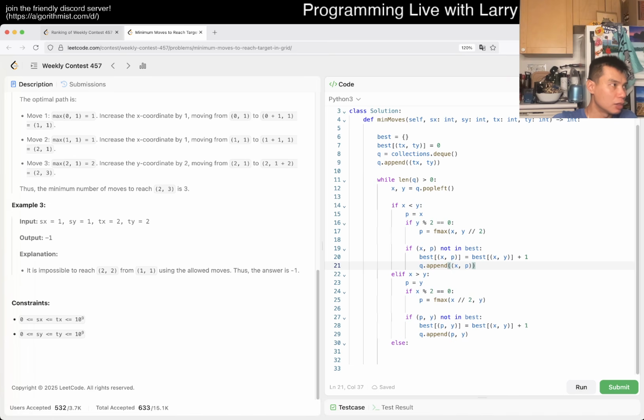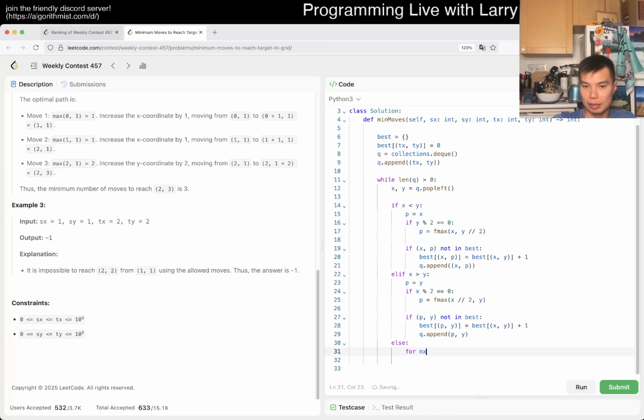No, it can only be 0. If they're the same, then one of them has to be 0 to get to the max, and that's the starting one. Even it could go from 0 all the way to 0, 1. Okay, so now one of them has to be 0, I think. That's the thing. So then now it's just